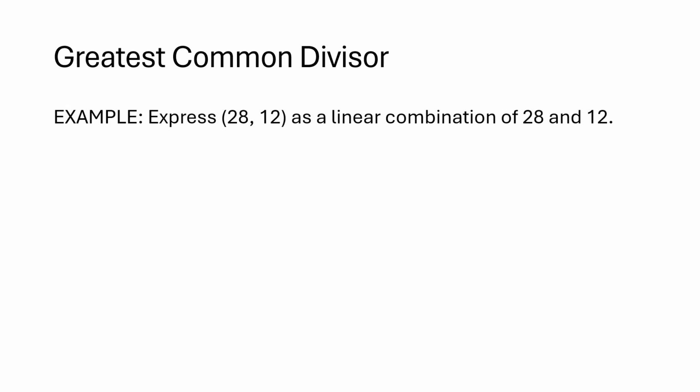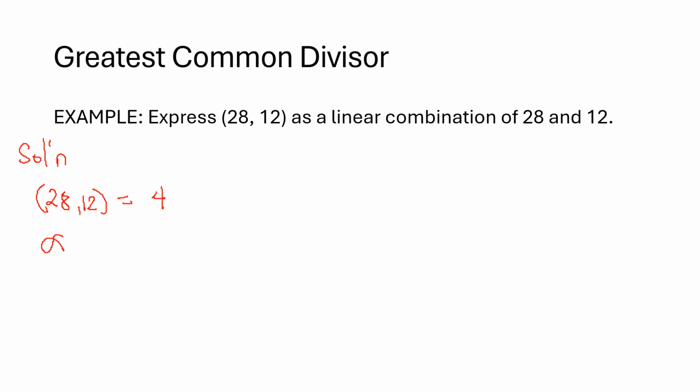Okay, let's have an example. For example, express the GCD of 28 and 12 as a linear combination of 28 and 12. So first notice that for the solution, take note that the GCD of 28 and 12 is equal to 4. So we need to find integers alpha and beta such that we have